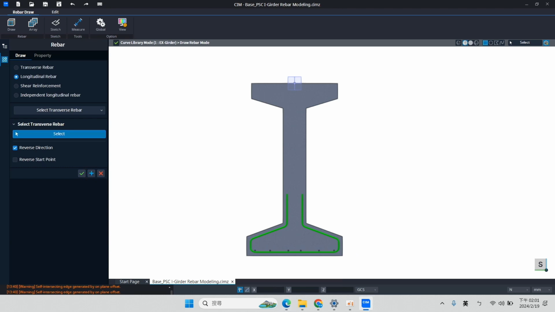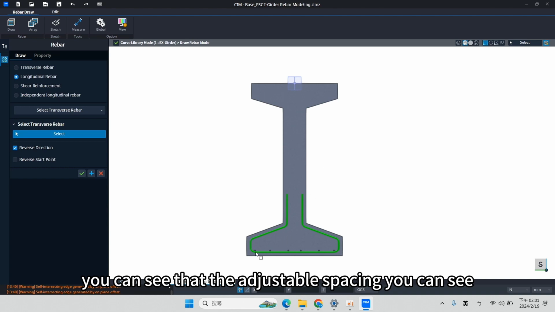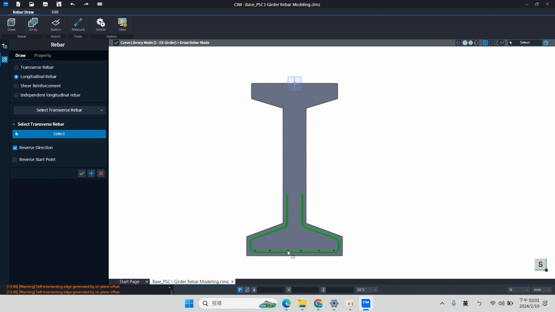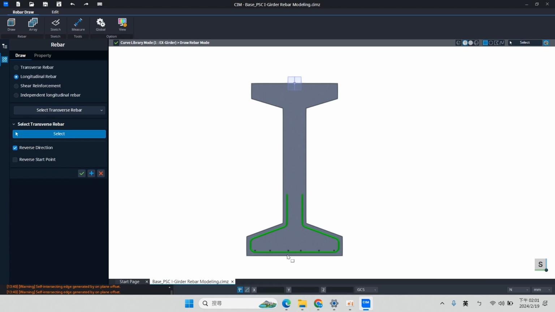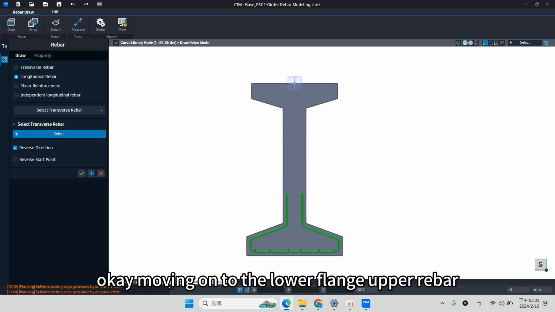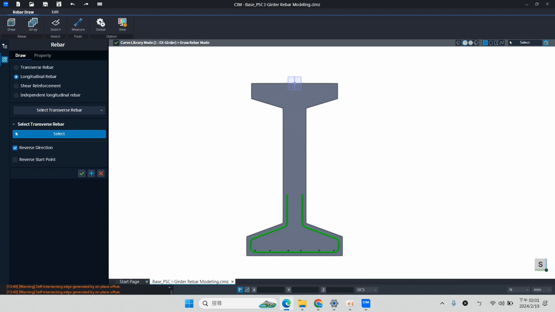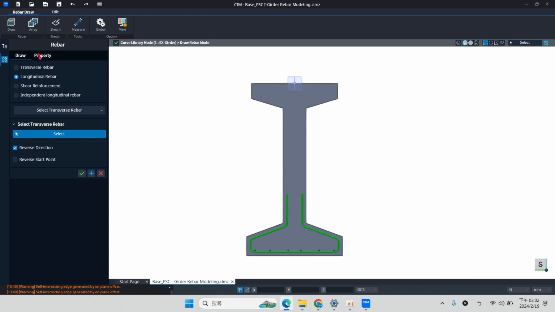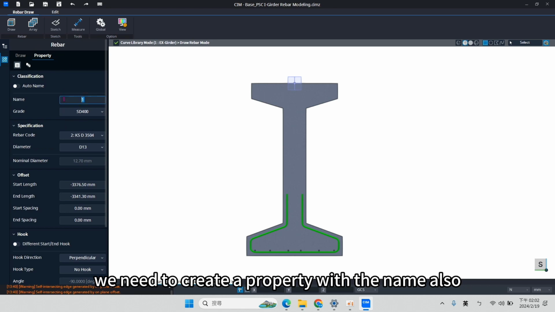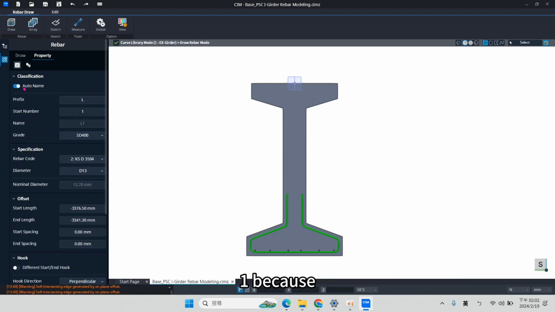Okay, moving on. Also, you can see the adjustable spacing: the longitudinal rebar has different spacing based on what we entered in the user defined. Okay, moving on to the lower flange upper rebar. So it will be in this part. We want to create a longitudinal rebar in this part. Okay, we want to create a property with the name also one,